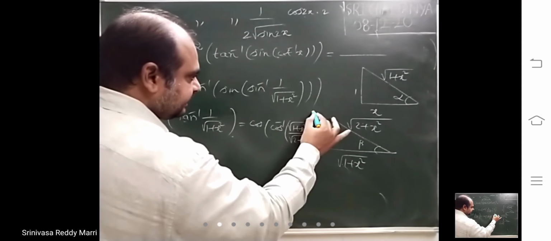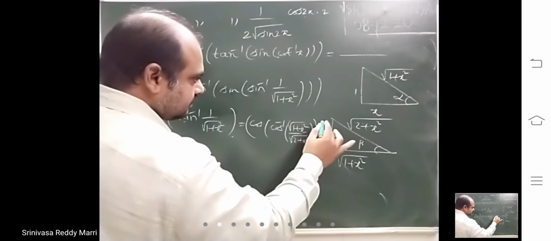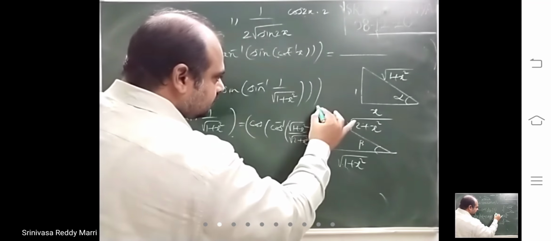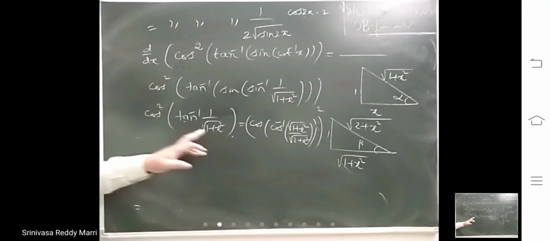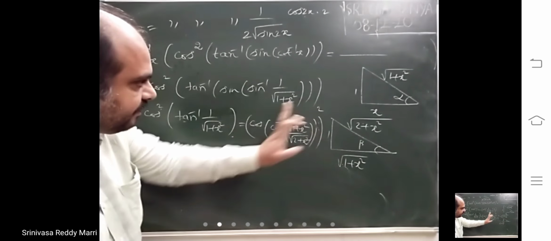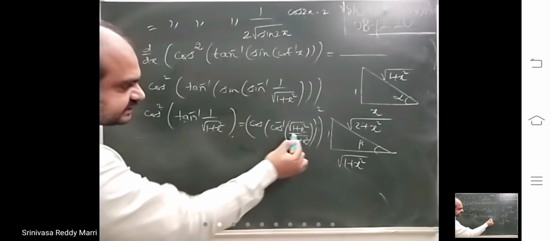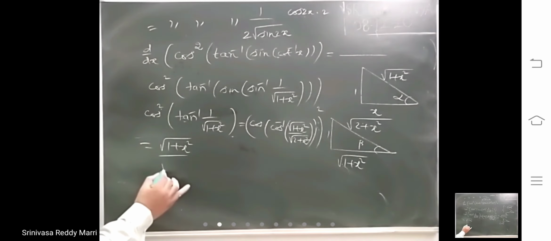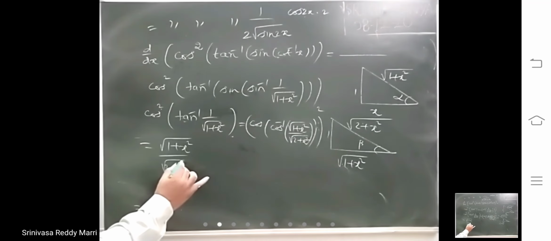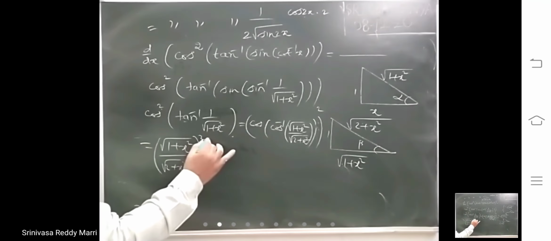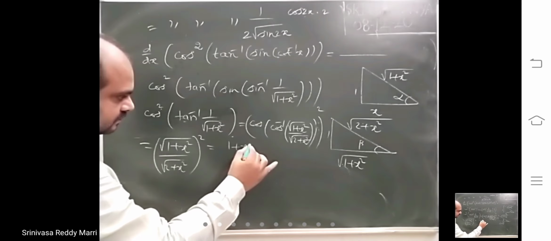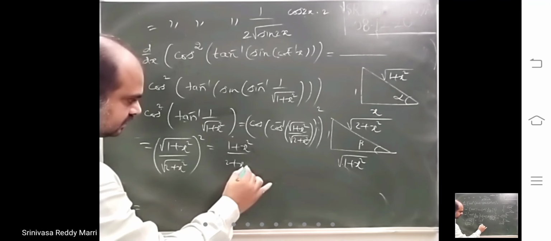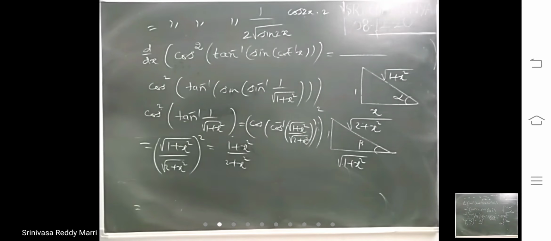This square I am writing here. This cos, this square is there up, right? So cos of cos inverse is what? These both will get cancelled. So now this is equal to this. So that means now